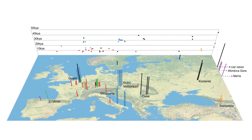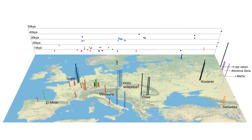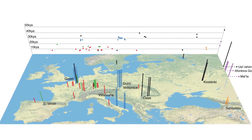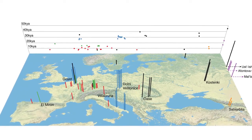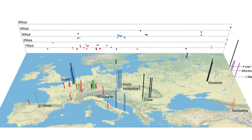We made a map to show all the samples, and what you'll see in this map is that there are bars of very different heights, from little short bars, which correspond to samples maybe 10,000 years old, and very tall bars that correspond to samples as old as 45,000 years old. The coloring of the bar corresponds to the genetic grouping that we assign the samples to,